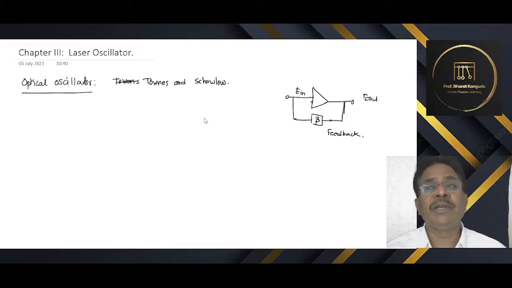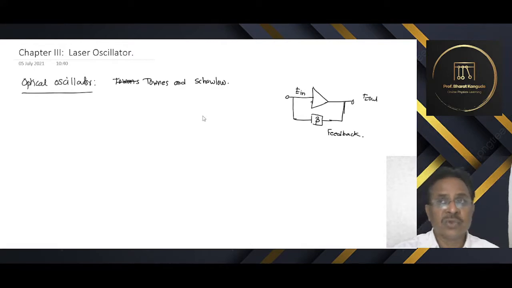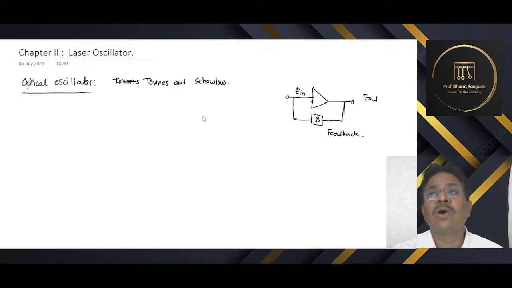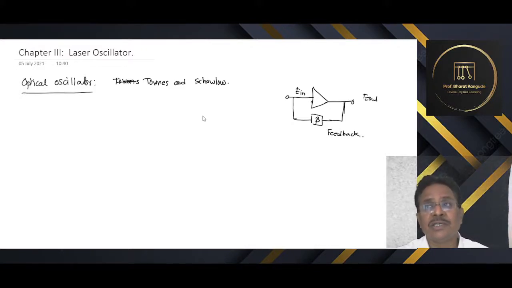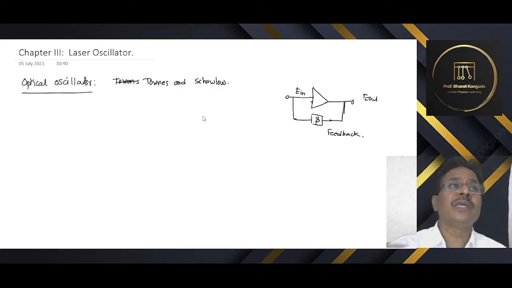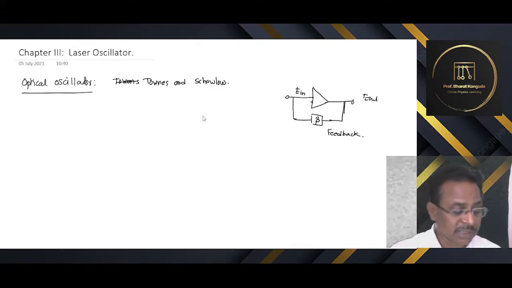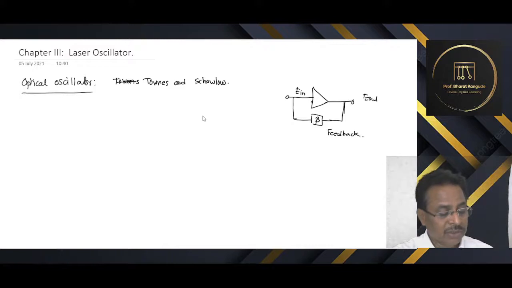Instead of using cavity oscillators, we can use mirrors. Using mirrors serves the purpose of cavity oscillators in this type of optical oscillator, which is not possible in electronic oscillators. What is required in electronic oscillators can be obtained in laser oscillators if, instead of using cavities or micro cavities, we use a pair of plane mirrors or convex mirrors. If such mirrors are used, the apparatus works like a laser oscillator. This first concept was given by Townes and Schawlow, as I said.